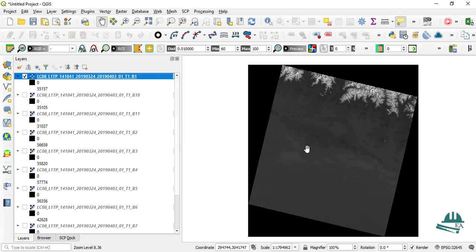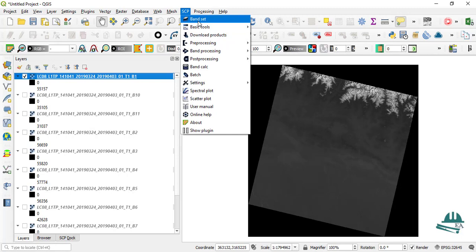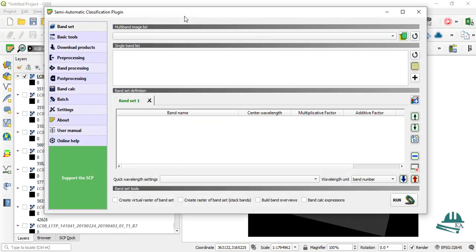Now, how to form a band set. I have told you about the SCP plugin that I am currently using, and I will refer everyone to the SCP plugin to work with Landsat images or other satellite images. The SCP plugin is also known as the Semi-Automatic Classification Plugin. In short form, it is known as the SCP plugin.